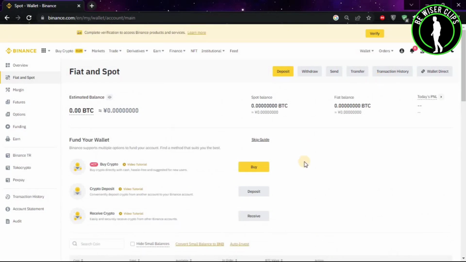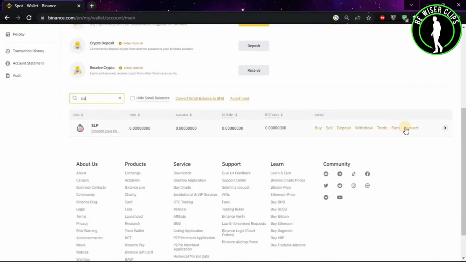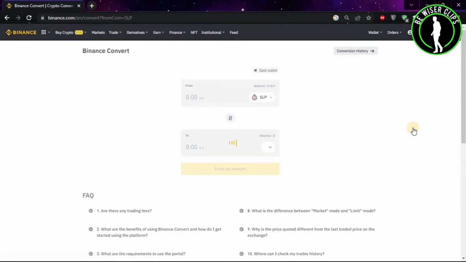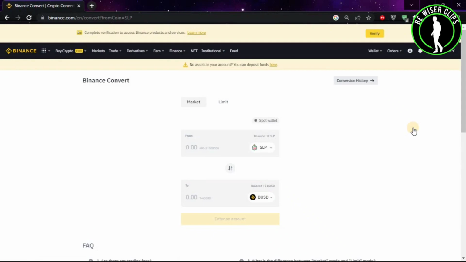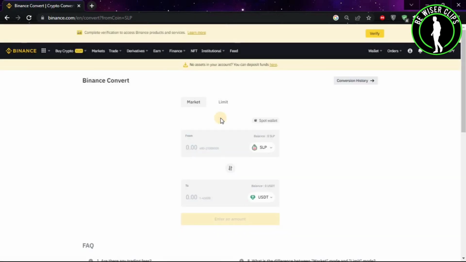So guys, after coming on this window you will look for the search option and type SLP. Now choose this convert option. So now guys, you will see this option on this window. Click on it and search USDT, and now click on it, and now put the amount you want to convert